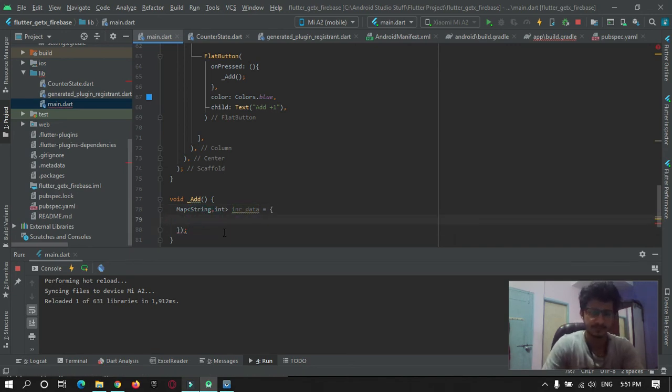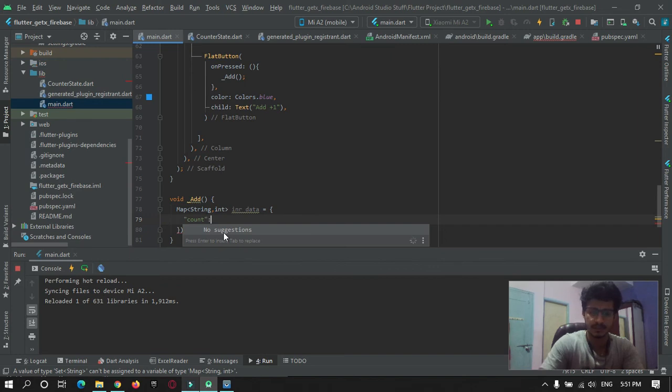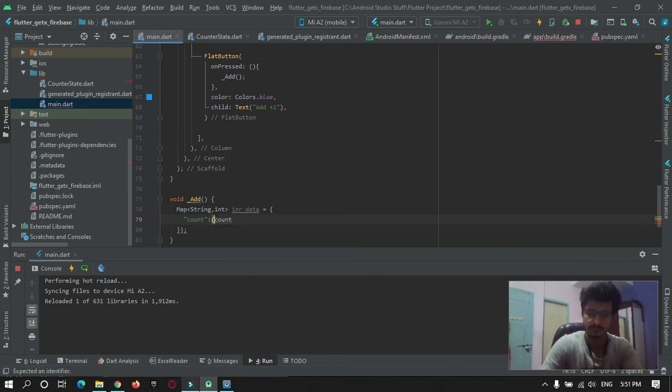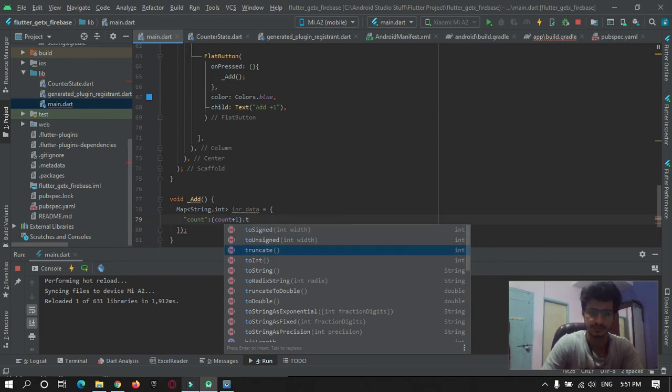Here first thing we will need to pass is the key, that is count, and the value that comes from count plus 1. Okay, and this whole thing we will convert to integer.